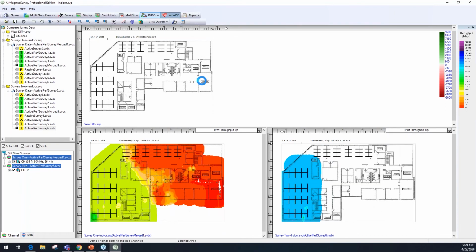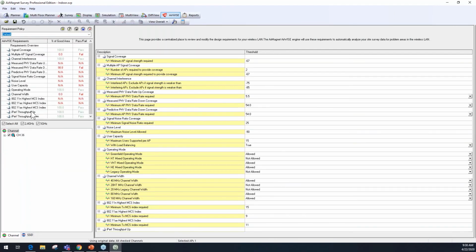On the Airwise engine, you'll also see now that the AX MCS index is now available. You'll also see the higher throughputs are available and so on. So you'll be able to use Airwise to validate if your Wi-Fi 6 network can support the higher throughput without having to go through all the details on the numbers and so on. And it's very similar for the multi-view, which, as you guys know, is used to see how a signal can propagate through multiple floors, simulation, and then, of course, the reports,